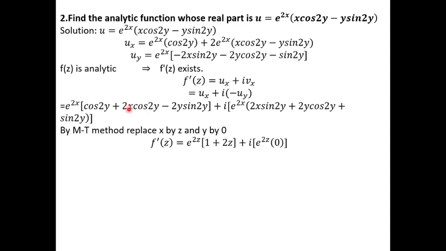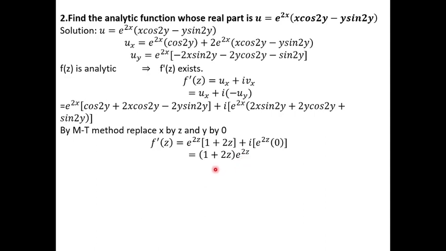That is 1 plus 2z minus 2 into 0. 0 into anything will be 0, therefore we get minus 0, plus i into e to the power of 2z, here in the bracket the function sin 0 is 0. 0 into anything will be 0, plus 0 plus 0. We get e to the power of 2z into 0. This term becomes 0. So the remaining is (1 + 2z) into e to the power of 2z. Now apply the integration with respect to z.